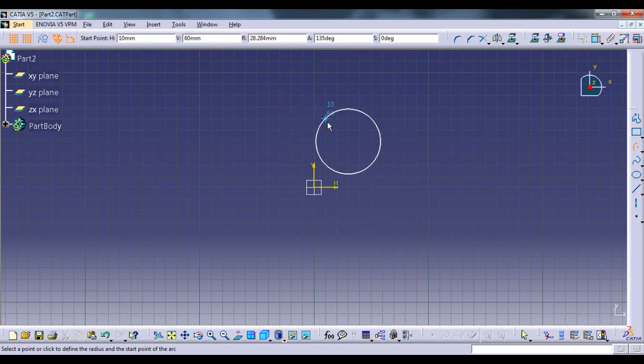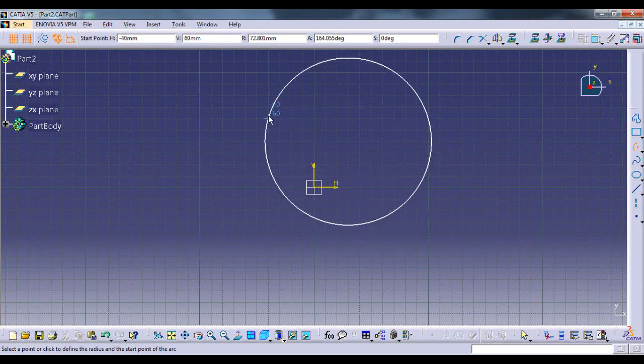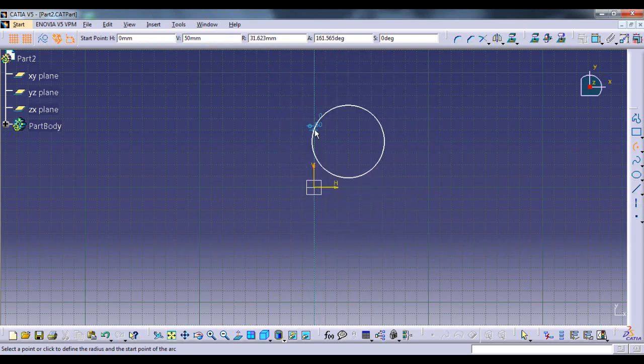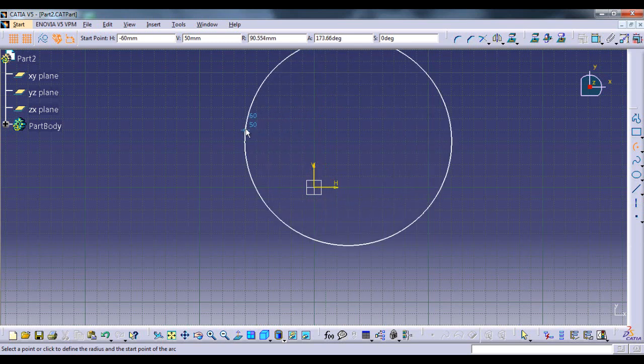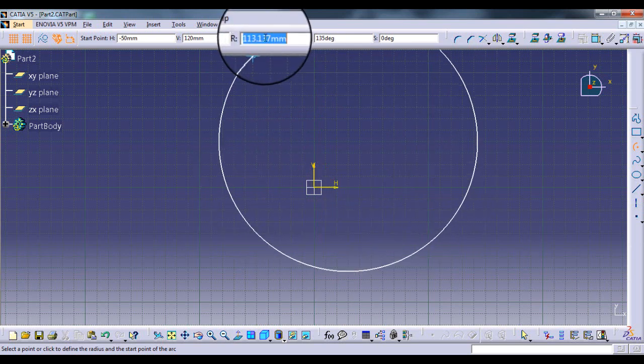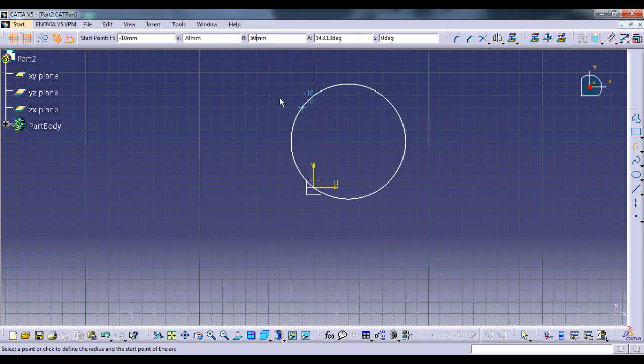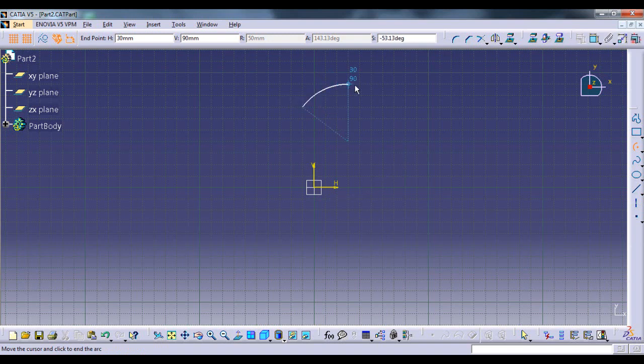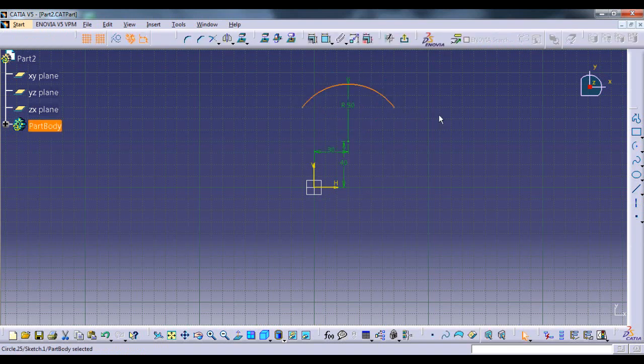So we can see that the circle has been plotted on the sketcher interface, but the radius is yet to be defined. So we will enter the radius as 50 mm, and then again we will press the enter key. And now we just need to select the starting point and the ending point of our arc. So I will select the start point and the end point. And so this is how we can make the arc by the other method.